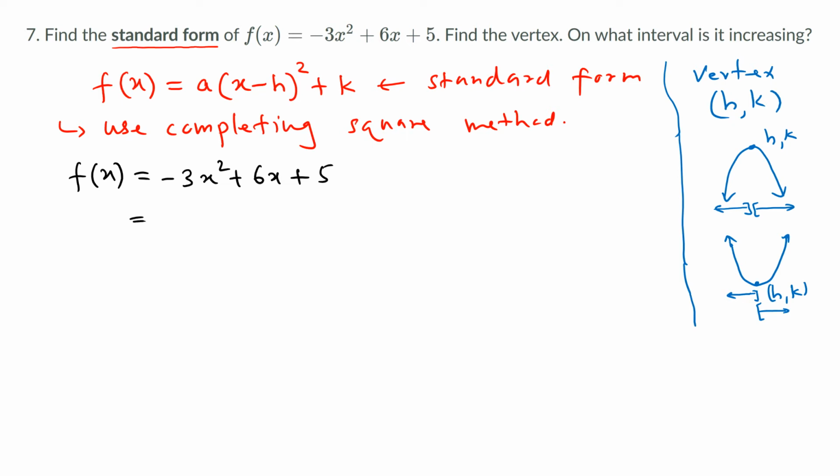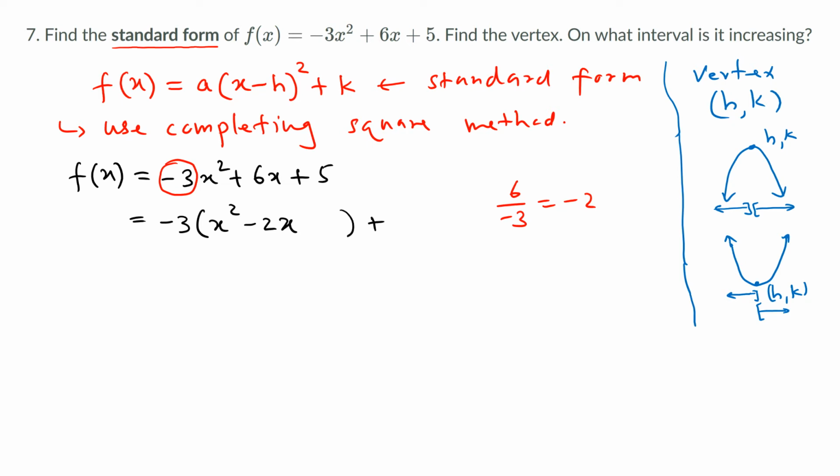And how we do it: if the leading coefficient is not 1, we try to factor it out from the first two terms, just the first two terms. That means we factor -3 out, and you get x². Factoring out means you divide by -3 inside, so you divide 6 by -3, which is -2. Let me say again, negative 2. And then